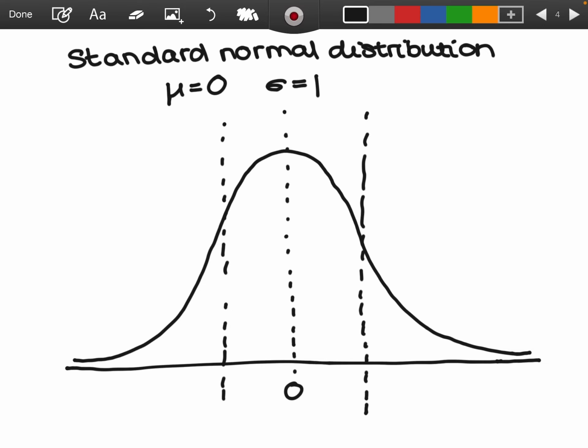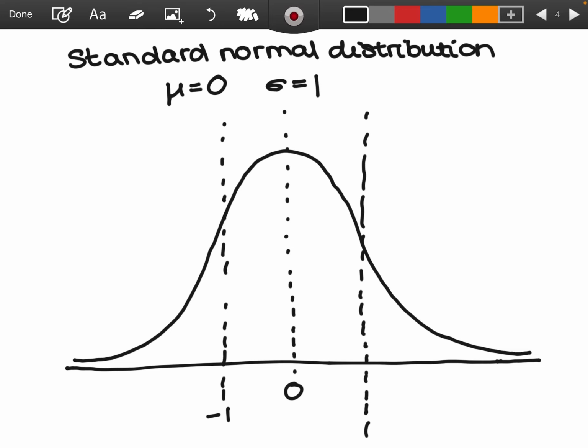So if I take roughly 2/3 of my data points, they should be between -1 and 1. This is called the standard normal distribution. So any data set that has a mean of 0 and a standard deviation of 1 is called the standard